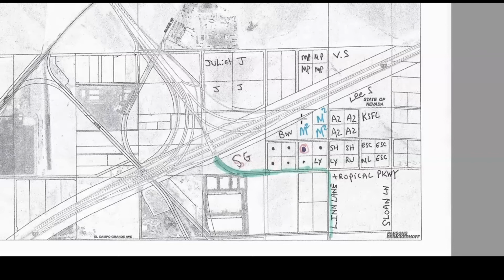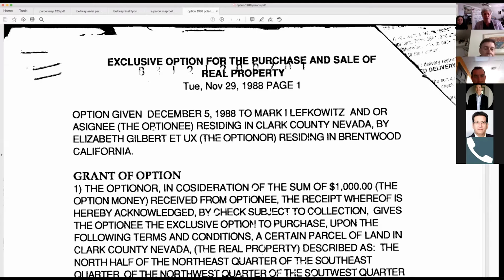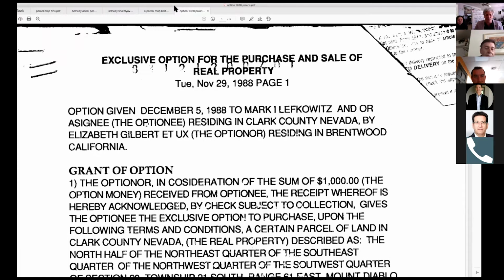And my job is to create as much value as possible, but it would cost lots of money to buy all these properties here. So I've been doing this for 32 or more years, and I'm going to bring up what a real option looks like. Okay, this actually is a real deal that I did